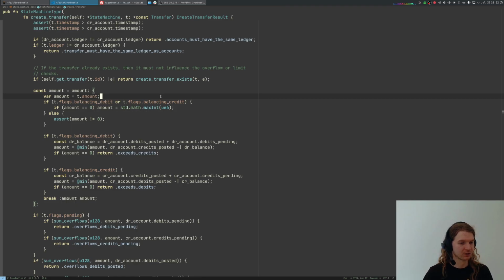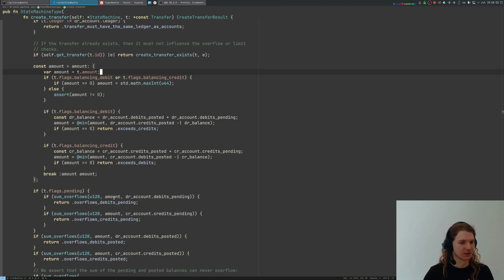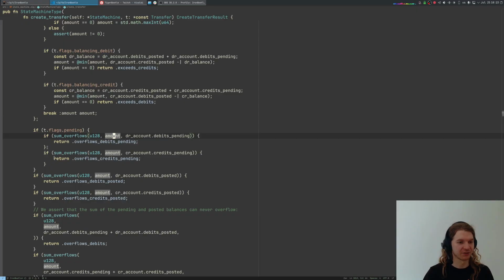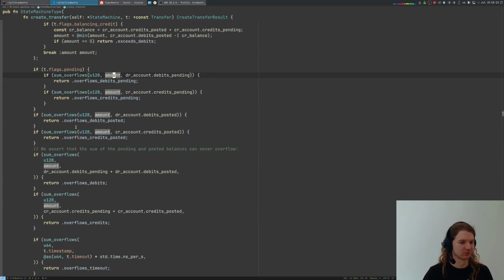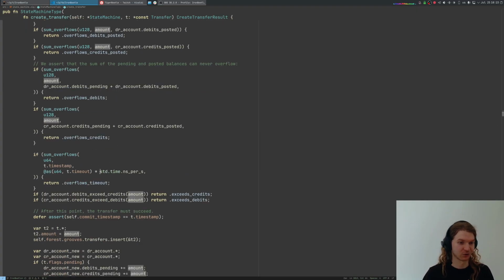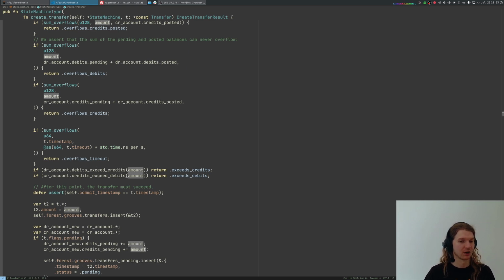So we carefully check that nothing would overflow, and there are a lot of things which could overflow. Then we check the internal